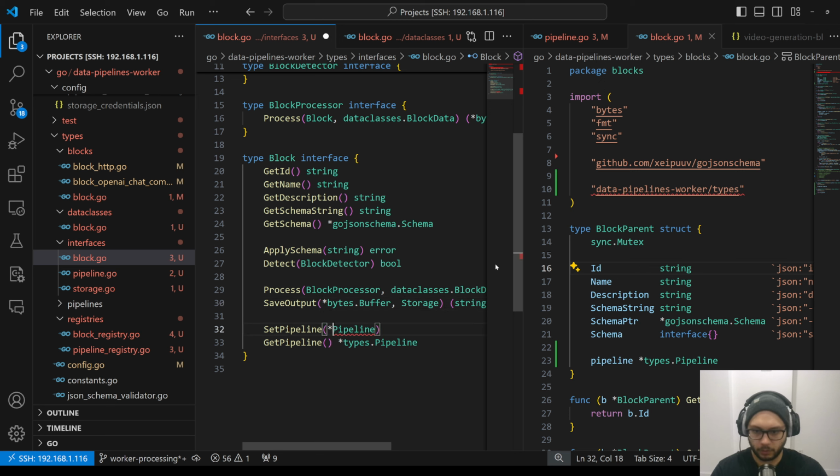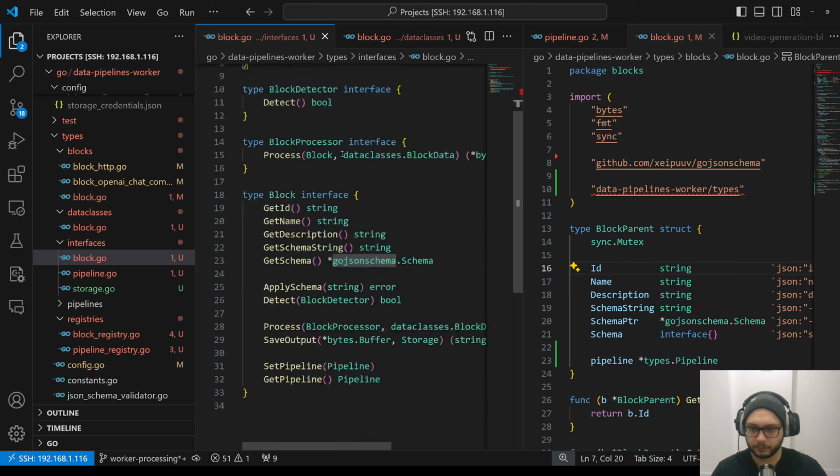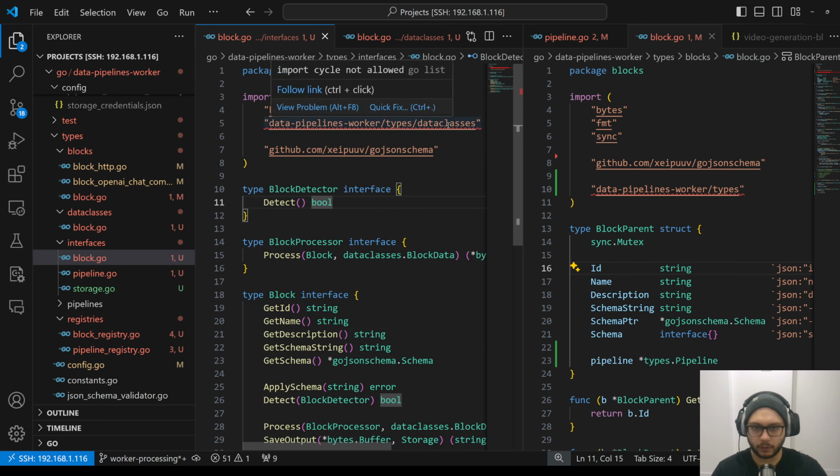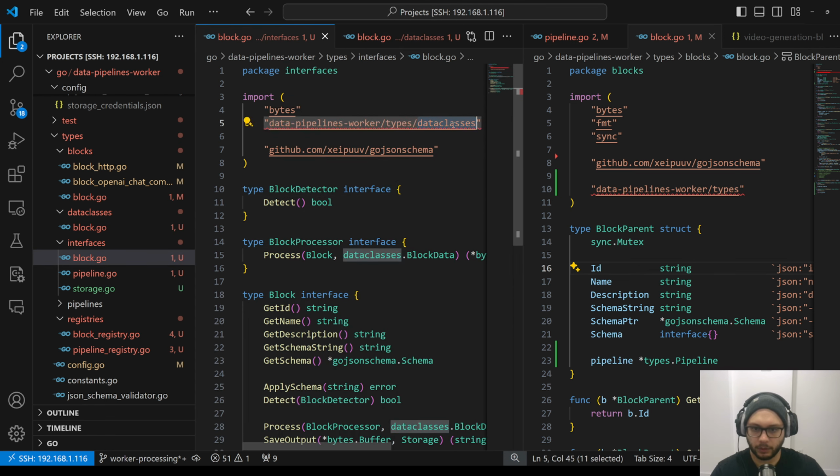Types pipeline is no longer necessary. It's an interface. Data classes. That's good, which means what's wrong? Data classes. Here it is. Data class imports interface, but why do I import data class if I can say